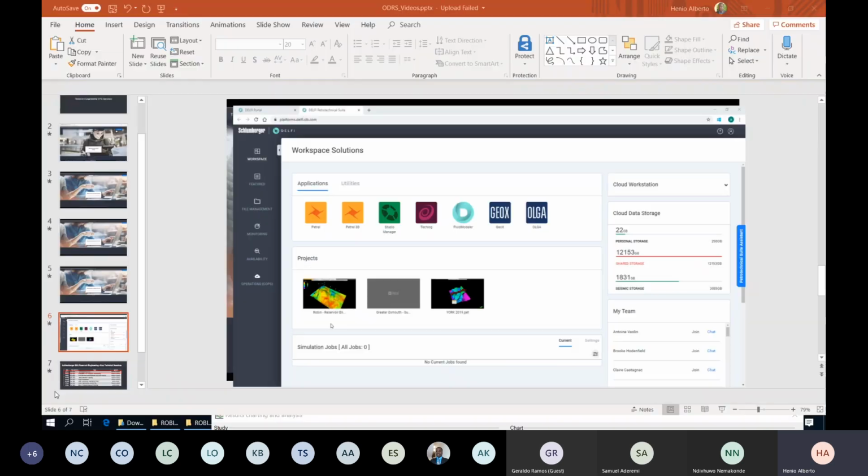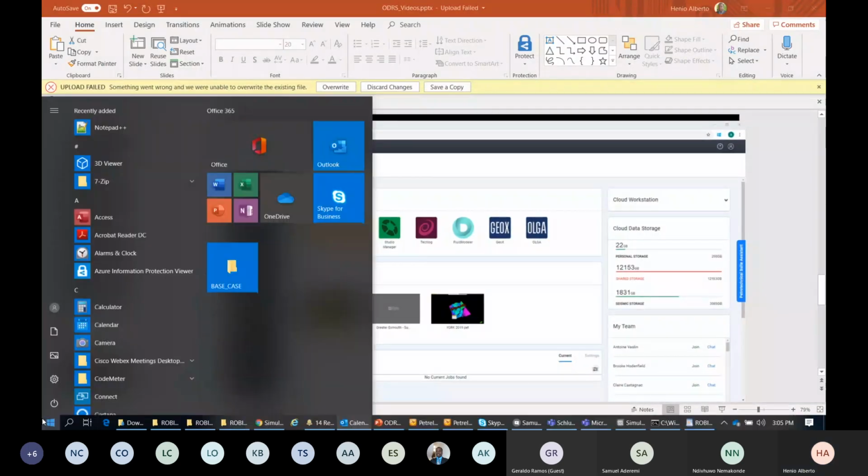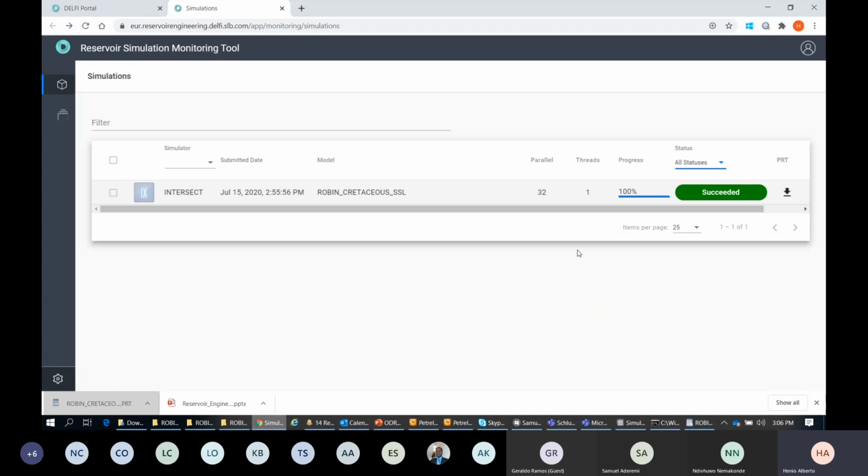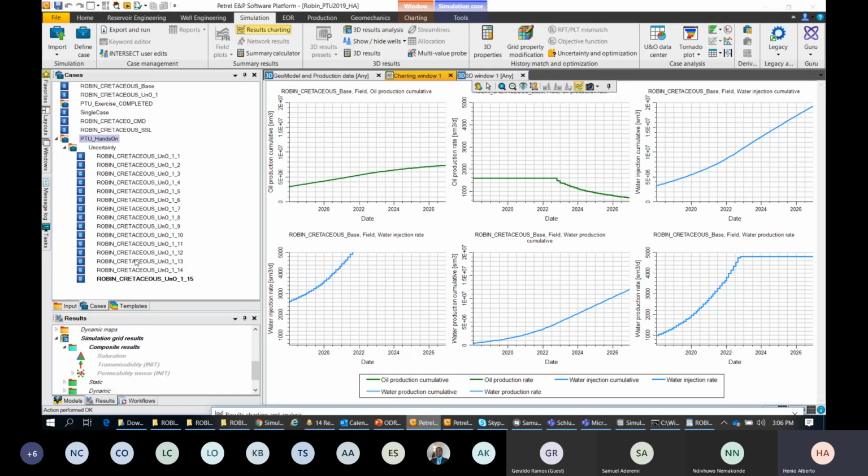So through this, let me go back to my simulation cases, and you can see I only have 3 now. Which means all the other cases that I have submitted to run have already completed running, have already been downloaded, and once they start disappearing means the case is already in my deck. Now most of the cases are run and they are already in my project. So I can go back and I have all my cases here,